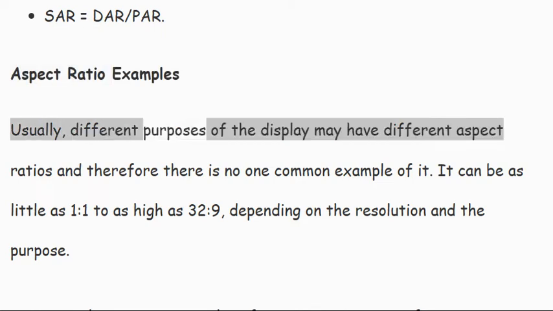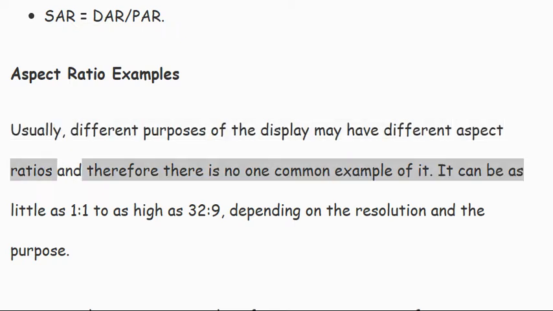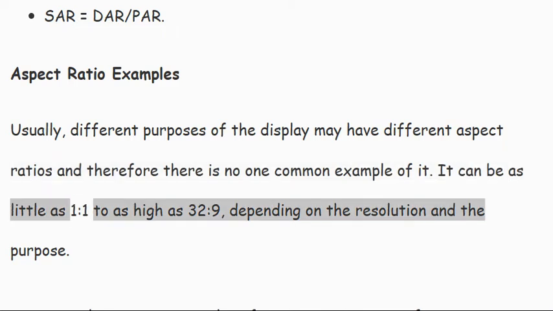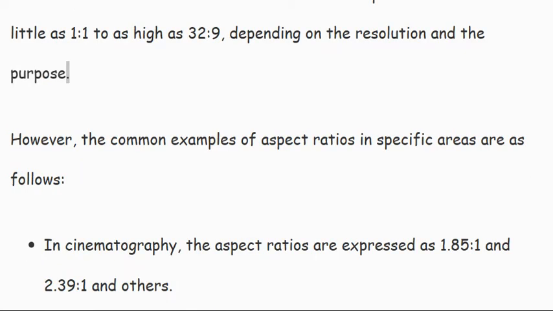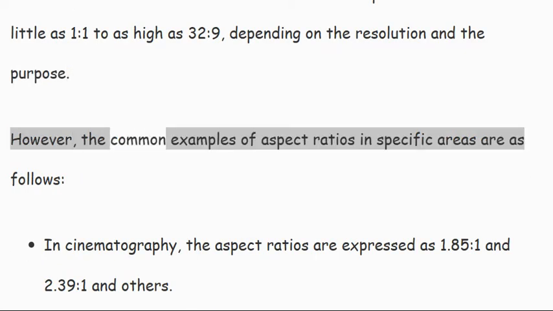Usually, different purposes of the display may have different aspect ratios and therefore there is no one common example of it. It can be as little as 1:1 to as high as 32:9, depending on the resolution and the purpose. However, the common examples of aspect ratios in specific areas are as follows.